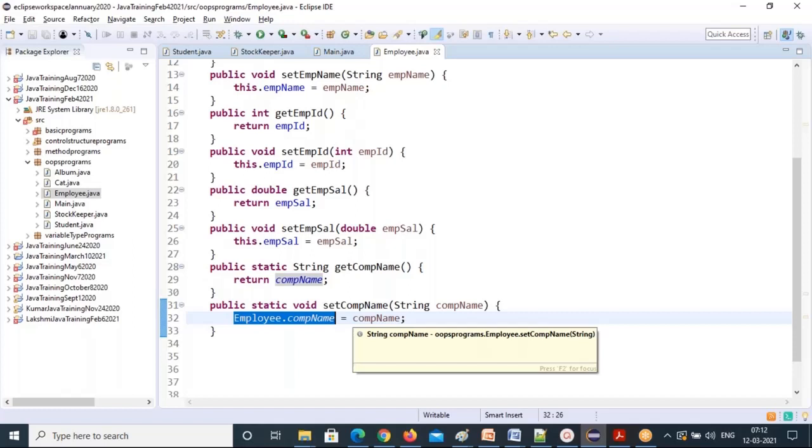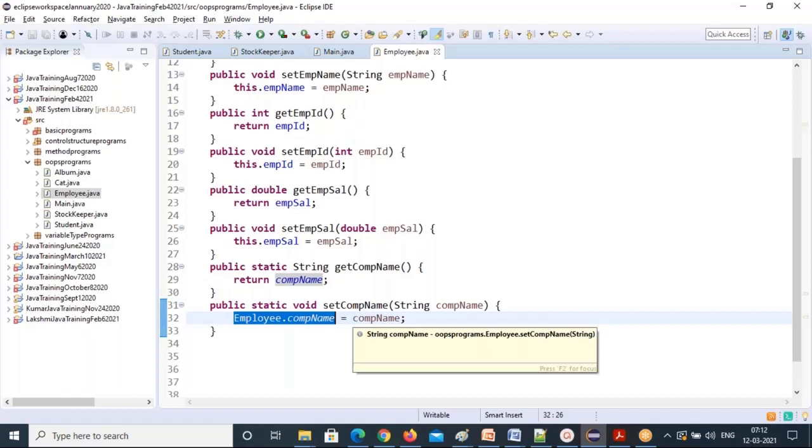Non-static variable members belong to which area? Static belongs to class. Non-static belongs to object. Remember that point, guys.